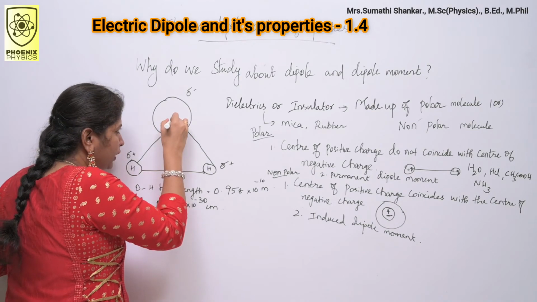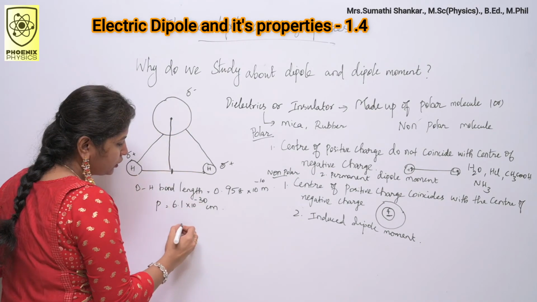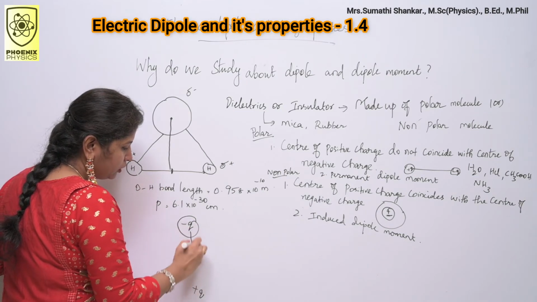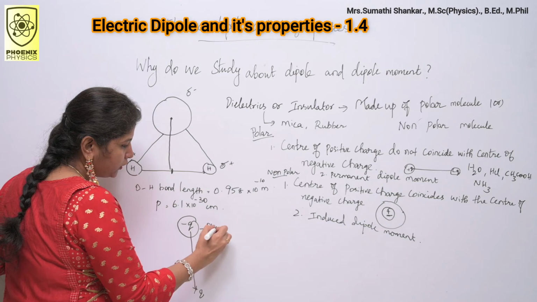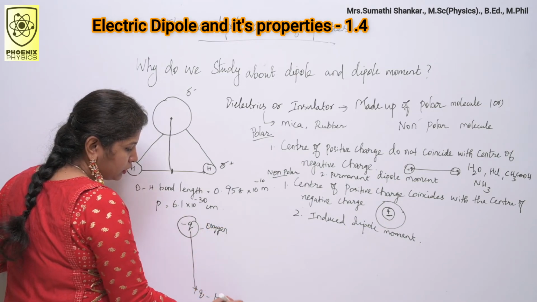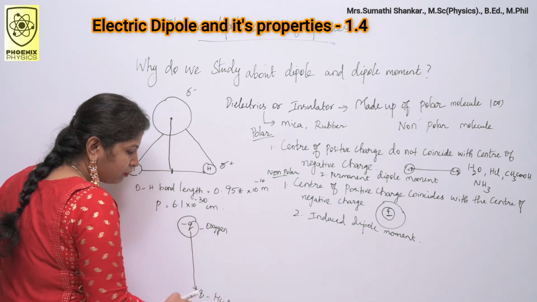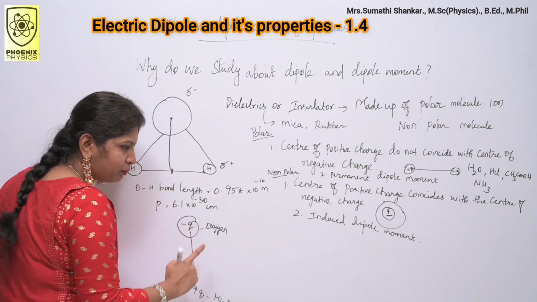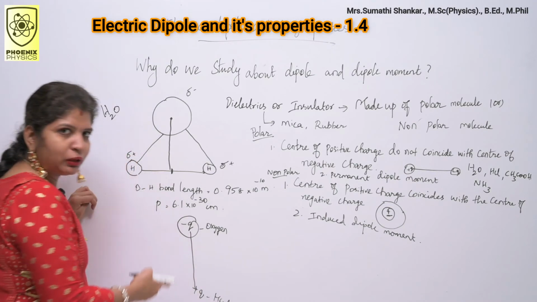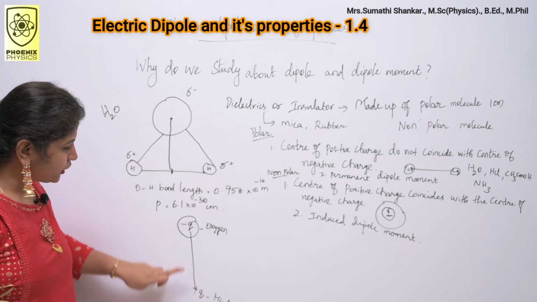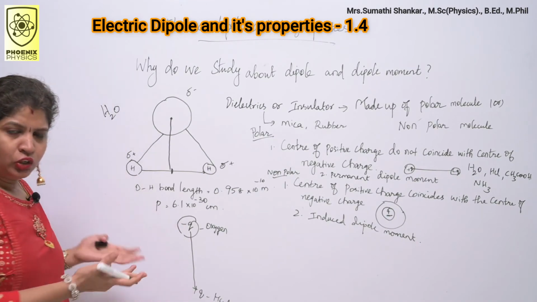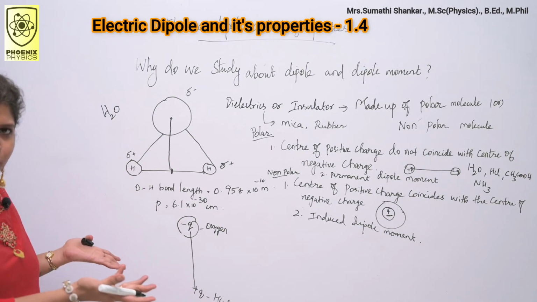So now you connect these two. It is similar to the diagram, that is minus Q and this is plus Q. This is the oxygen atom, this is the hydrogen atom. That is the average center of mass of the two hydrogen atoms, like this. So this is nothing but a dipole, right? I have plus Q charge, here I have minus Q charge, both charges are separated by a distance. So it constitutes one dipole.